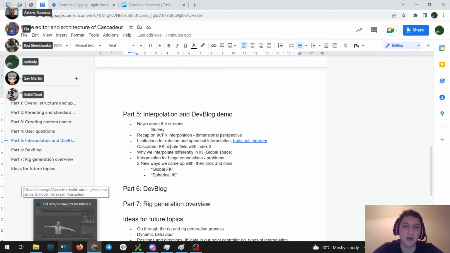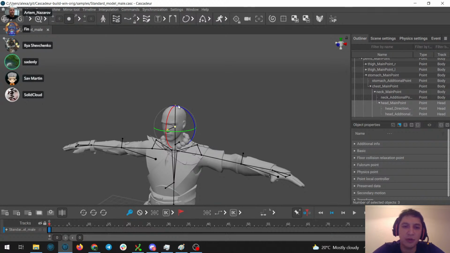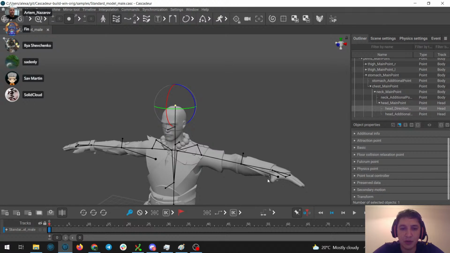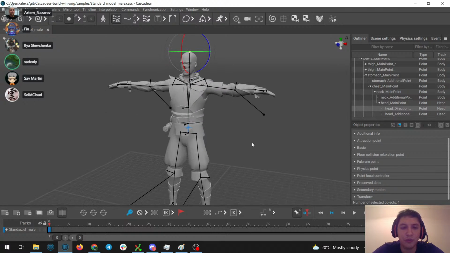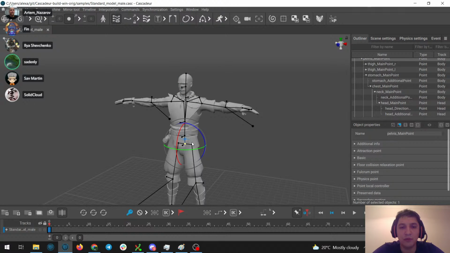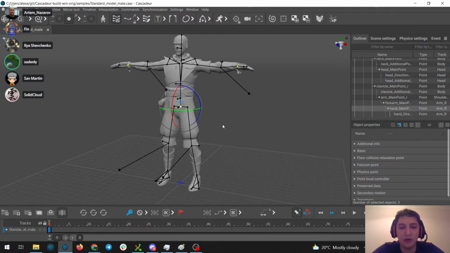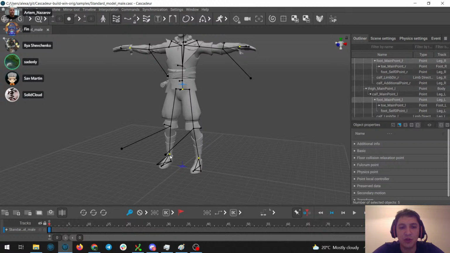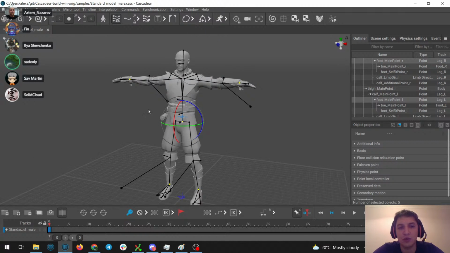Okay, so a bit of a recap on IK and FK interpolation. We have different interpolation for different points: for the root point, and for hand and feet main points. In IK we interpolate global position.